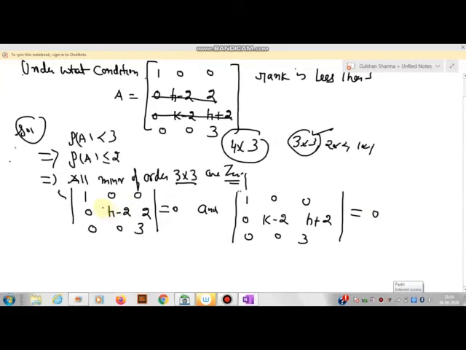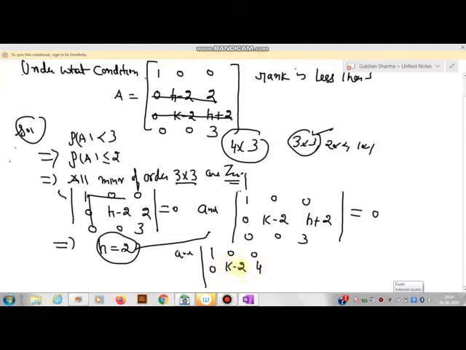अगर हम इसको एक्सपैंड करेंगे तो what will happen? So you will get h will be 2. So I will use h value here and therefore the determinant becomes 1 0 0 0 क्योंकि h 2 है, so this becomes 4 and this is 0 0 3. क्योंकि ये डिटर्मिनेंट 0 है, यहाँ से हम k का वैल्यू निकालेंगे. That is, when you expand this one, you will get k will be 2. So h is 2, k is 2.